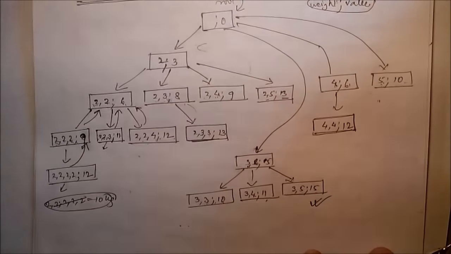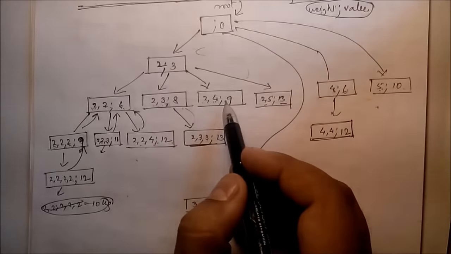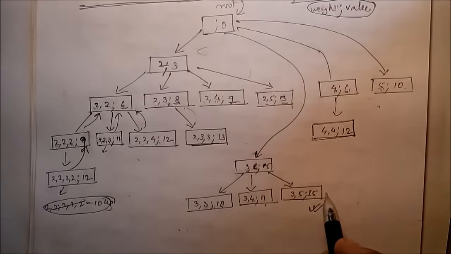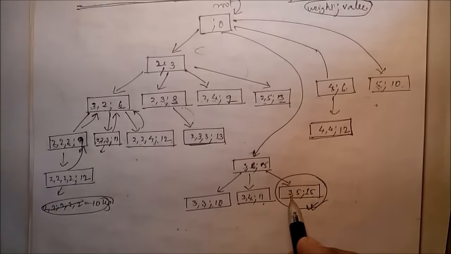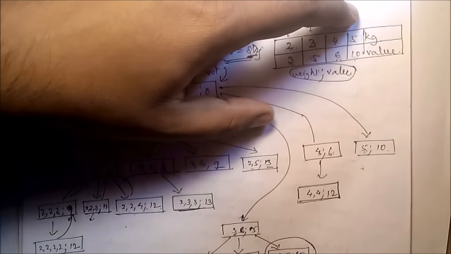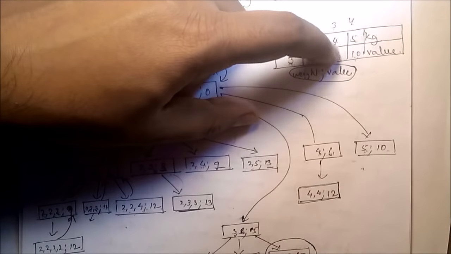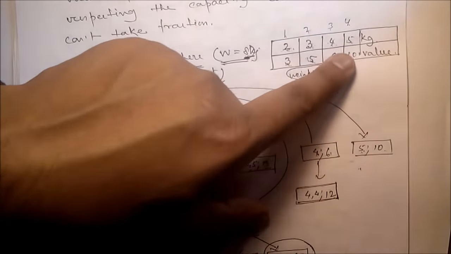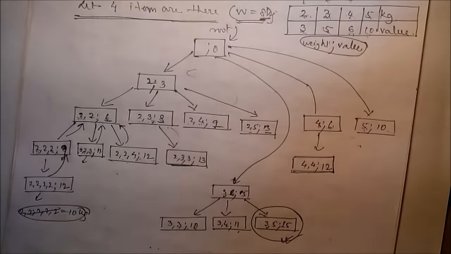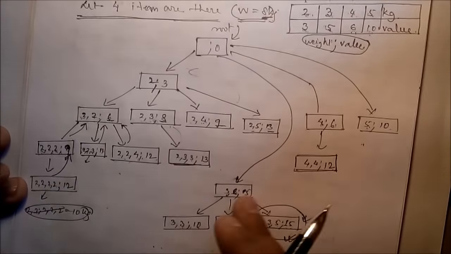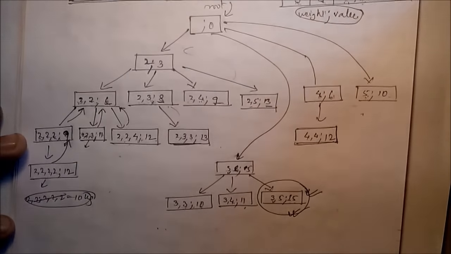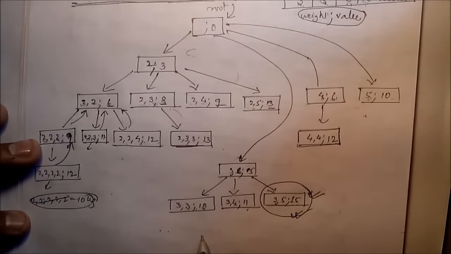If you see this particular tree, among the accumulated values, the maximum value is this one, 15. So if you select the second item and the fourth item, the total weight is 8 kilograms and the maximum value is 15. Okay, so this is the best combination. This is the optimal solution to identify the items we should carry. Okay, and that is backtracking, and that is the end of this particular video. Thank you very much.